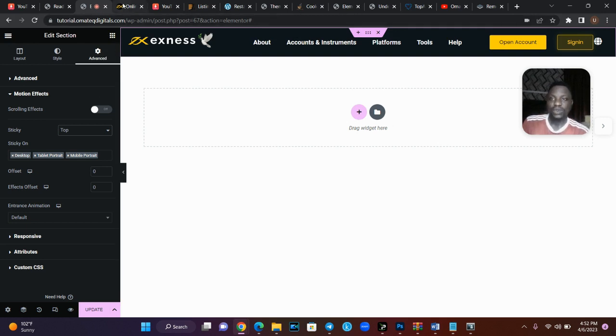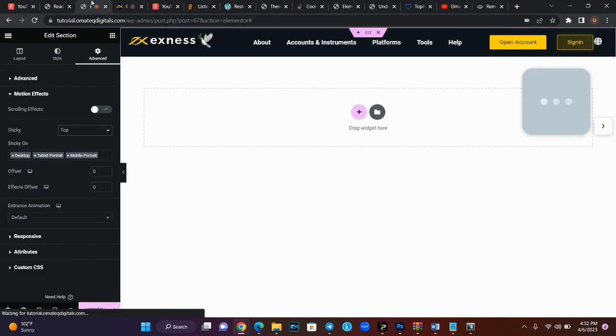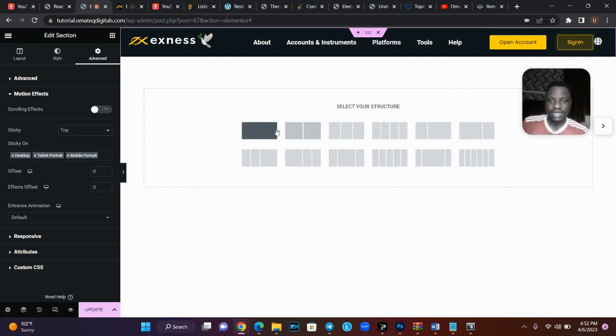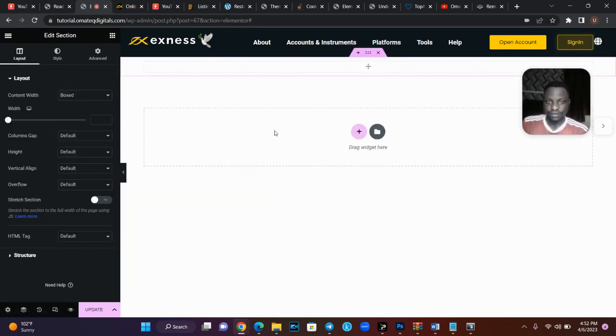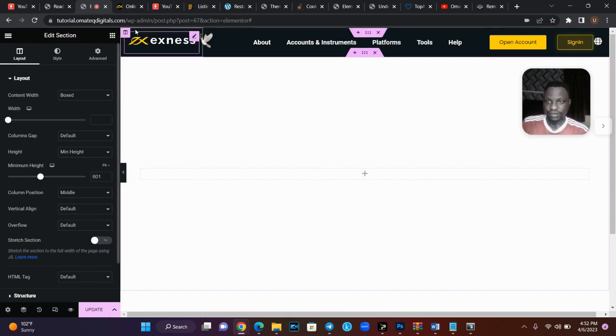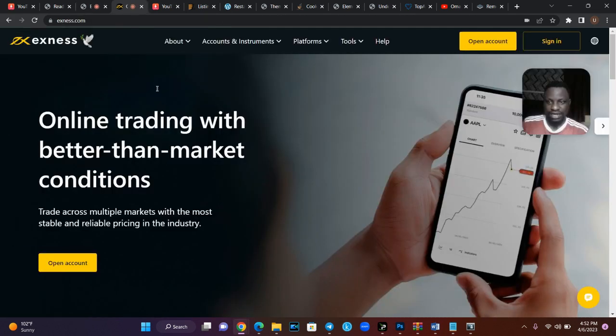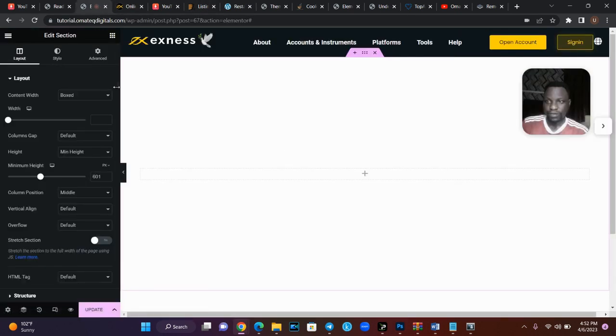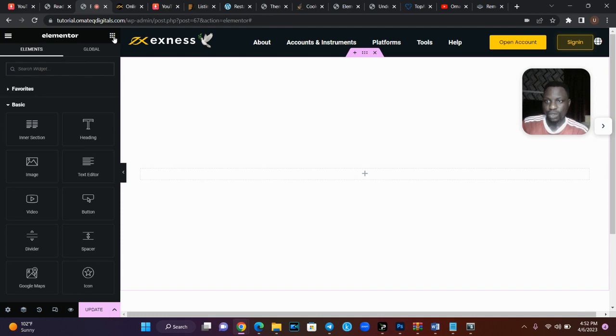So the next thing we are going to do is create this section here. You click this plus sign and you click on this. Now give it minimal height and leave it like this. You can even still increase it because theirs is big. Now if you see, there is a background image here. So how do you get that background image? What you are going to do is